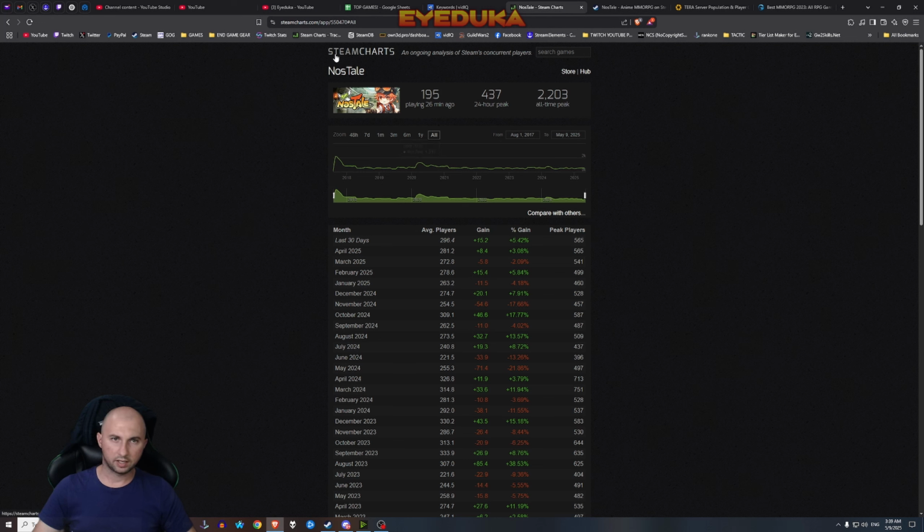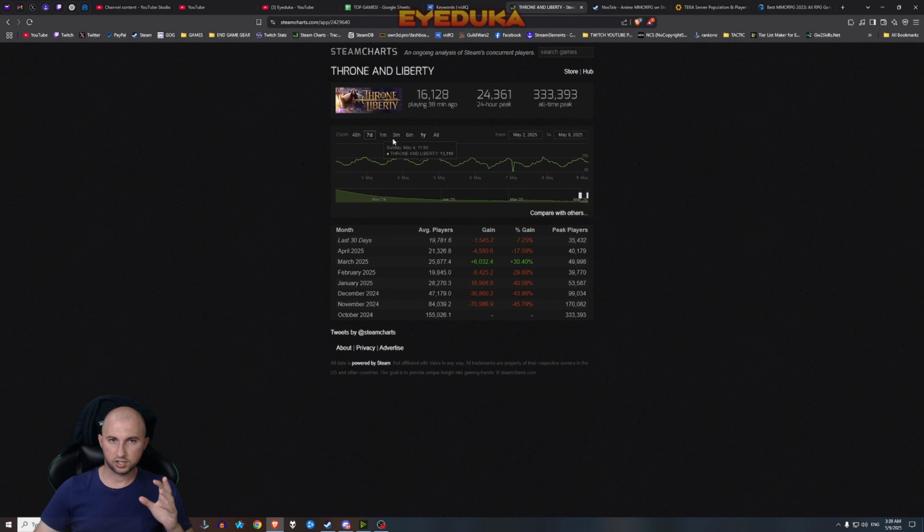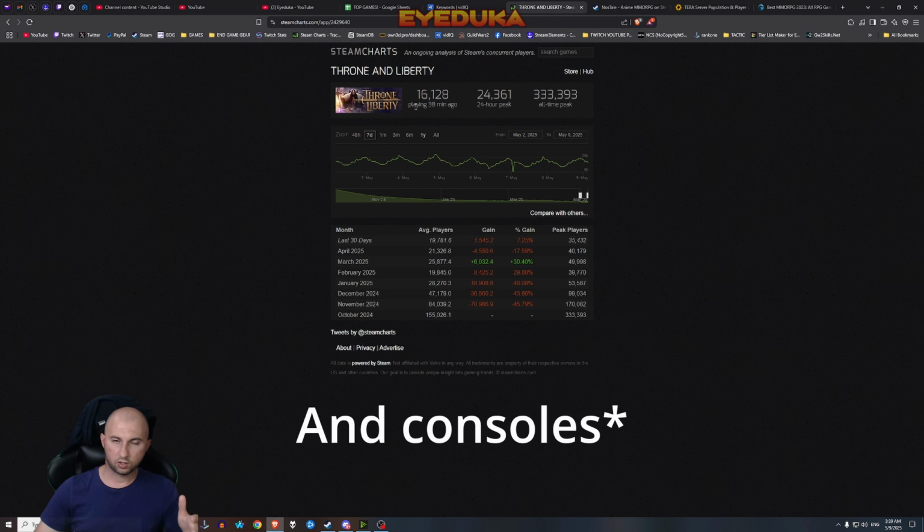On the surface, you would think Steamcharts is showing you just the number of players, all-time peak, 24-hour peak, and current players, and also the periods of time. You can look at this, for instance. So this is not a good example because obviously a lot of players are not from here. So you can check some other game. Let's say Throne and Liberty is actually a very good example because the game has only been on Steam. It doesn't have a standalone client. It's only through Steam. That's how everybody's playing it globally.